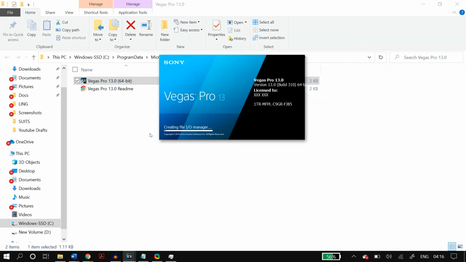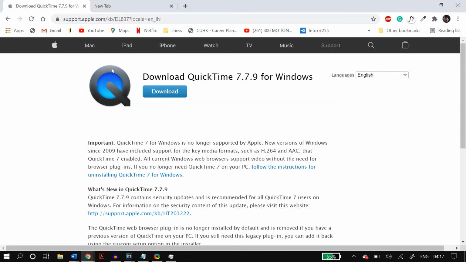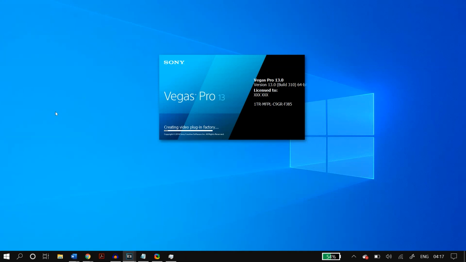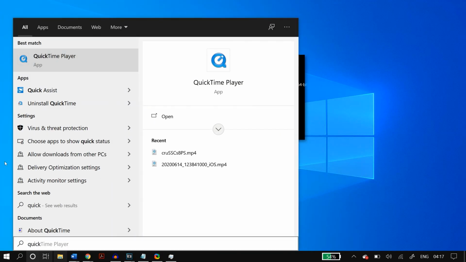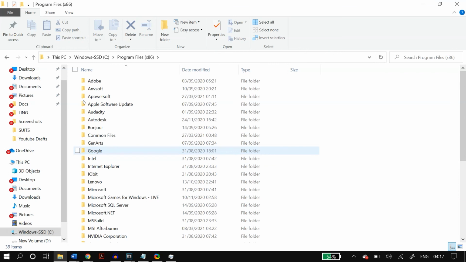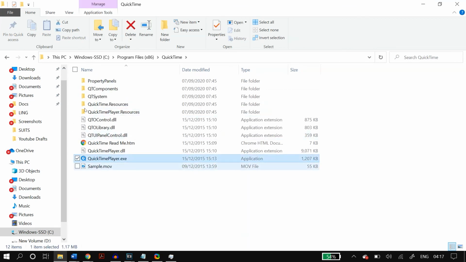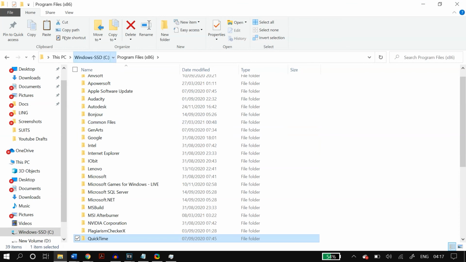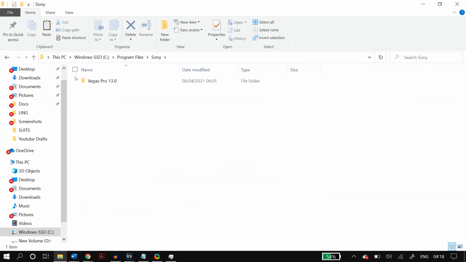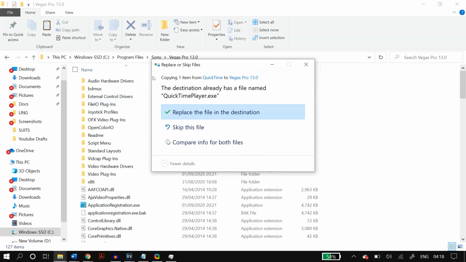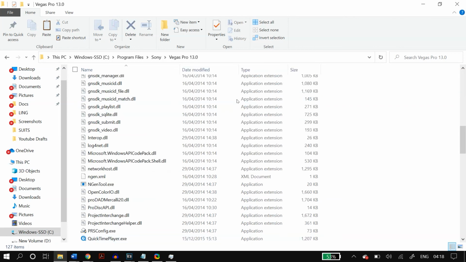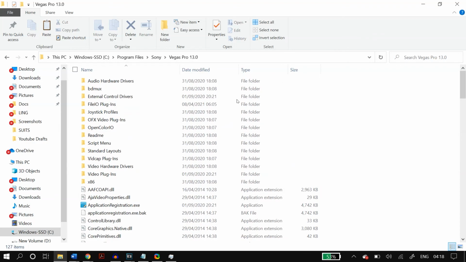And finally, I can recommend that you install Apple QuickTime onto your computer, because that might fix this issue as well. So I'll link this site in the description below for you to check out. Just go to the Apple site, download QuickTime from here, then install it using the installation wizard, which is pretty easy. You just have to follow the steps. Once you install QuickTime, just go to this installation folder, so wherever you install QuickTime, and then select the quicktime.exe file. Then copy this file and then paste it in your Sony Vegas installation directory. Generally, it is in the Program Files in C drive in the Sony folder. Once you paste it there, then just restart your PC and check whether that fixed your problem.